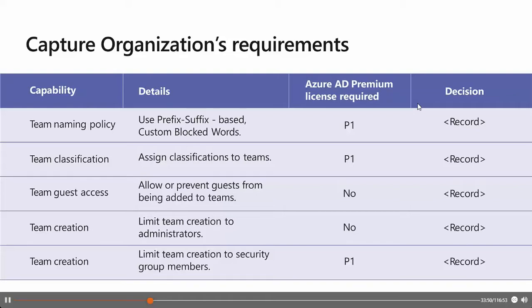Then the third option, team guest access, is how you allow or prevent guests from being added to teams in general, or on the different teams or channels itself. For this, we don't need a specific license in Azure Active Directory. That's just included. Then team creation, where we can have Microsoft 365 groups in Azure Active Directory.